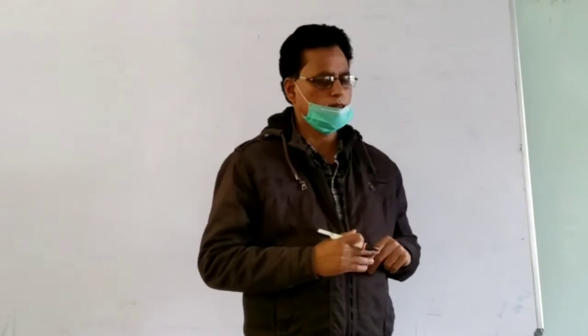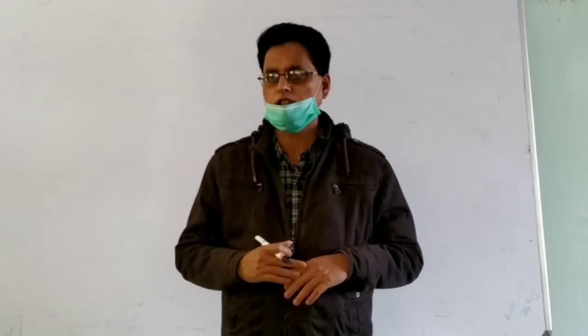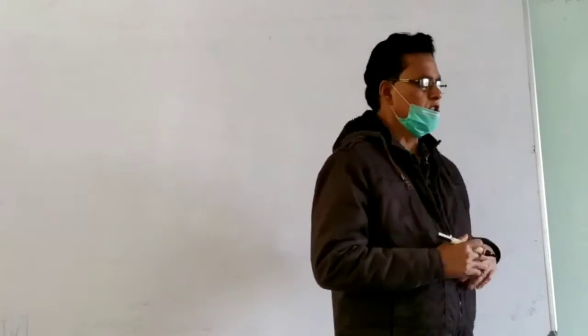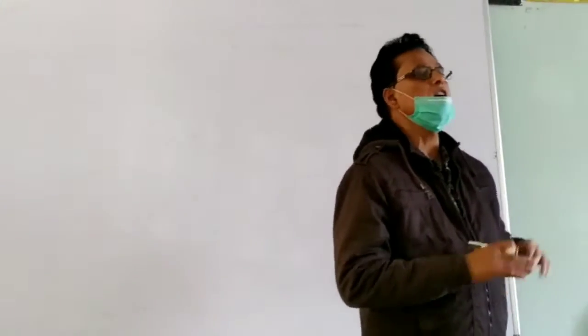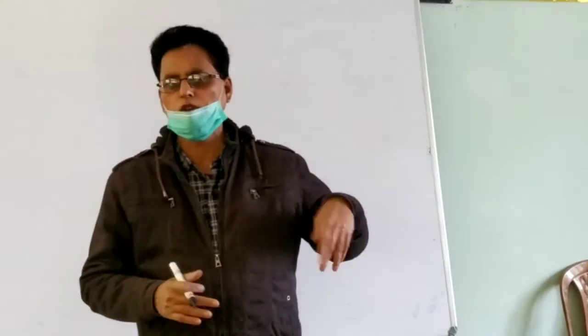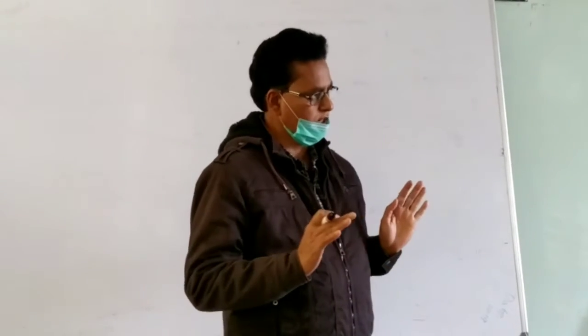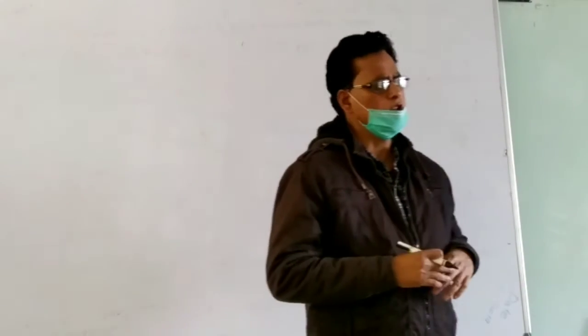Whereas negative correlation, do you know the negative correlation? Negative correlation is a correlation in which both the variables move in the opposite direction. It means one is moving in one side, another is moving in another side. That is called negative correlation. I think it's clear. Let us see today what we are going to discuss.